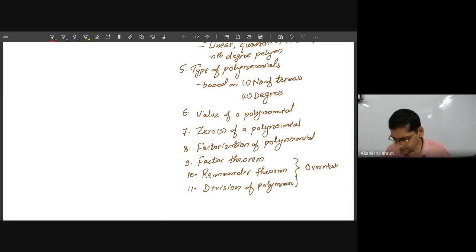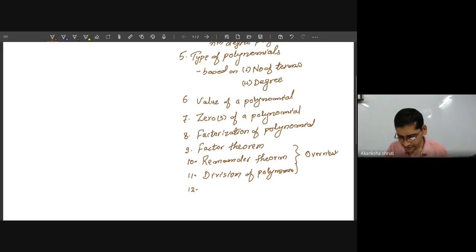Students, this is also not in much detail. We will just go through this. How is the division procedure? We will not go into much detail, but at least we will learn. It will be helpful in our higher standard, means in class 10. Then the next one is the identities that we have to apply to factorize a polynomial.